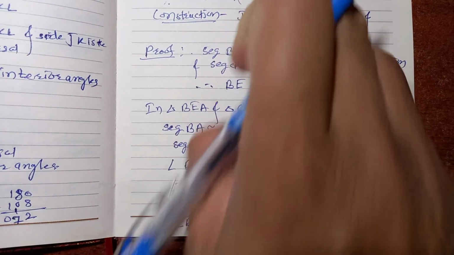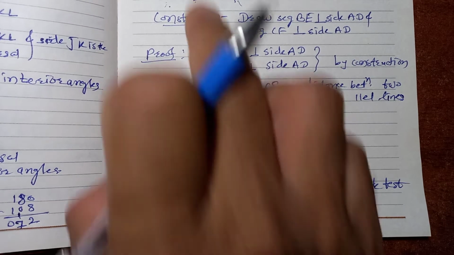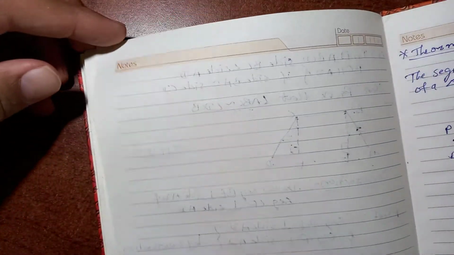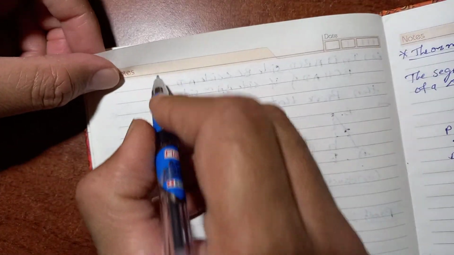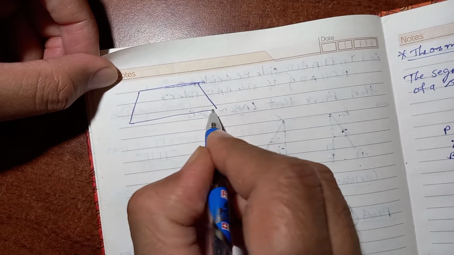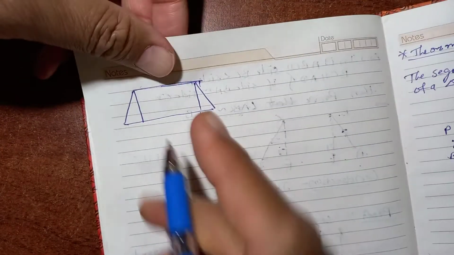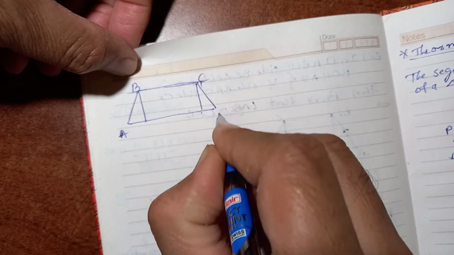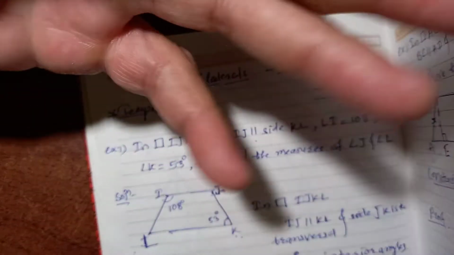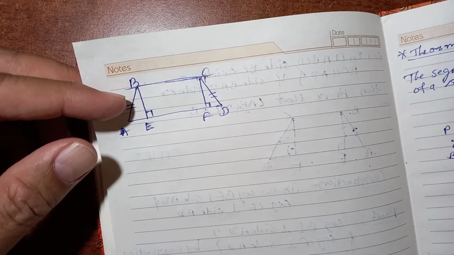Okay. Now here we have to see how we can show that these two angles are congruent. So side BC is parallel to AD. For our judgment, we can take this trapezium again here. So by the figure you will easily understand. Here we drew the perpendicular. What names did we take? ABCD. These two sides are congruent. Here this is perpendicular, EF. Okay. So we showed these two angles are congruent.